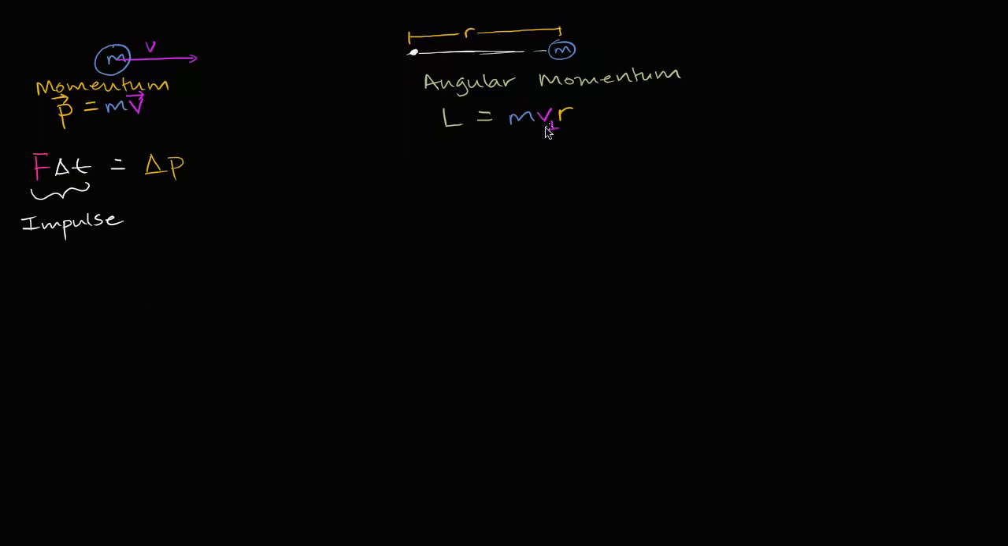So this symbol right over here is the magnitude of the velocity that is perpendicular to the radius. It would be that magnitude right over here. This is what we define as angular momentum. And what I will tell you here is, just as in the absence of a net force, momentum is constant,